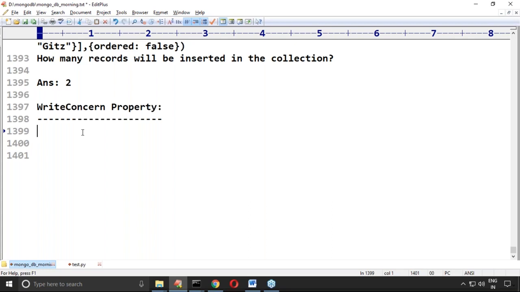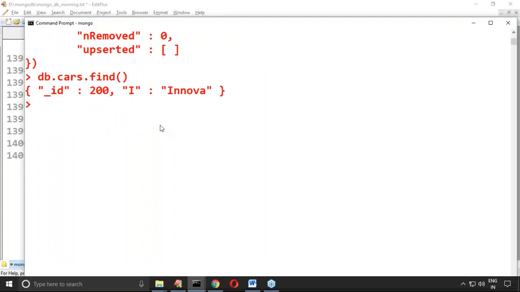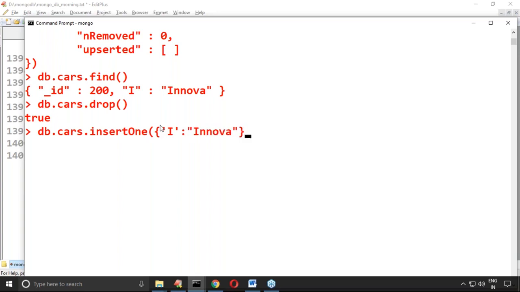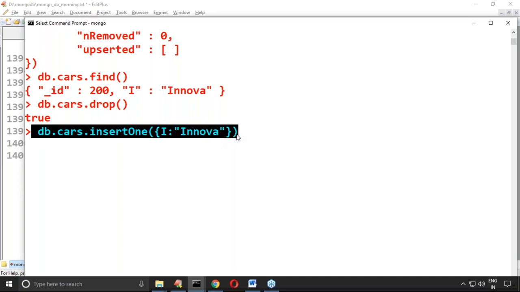Very simple. Suppose I'm trying to insert. db dot cars dot drop. Then db dot cars dot insert one. You can use any method, no problem. I'm taking Innova. Can you please confirm, is it valid or not? Valid. So now I'm sending a request to